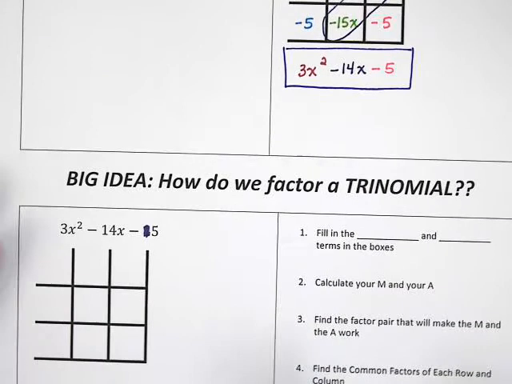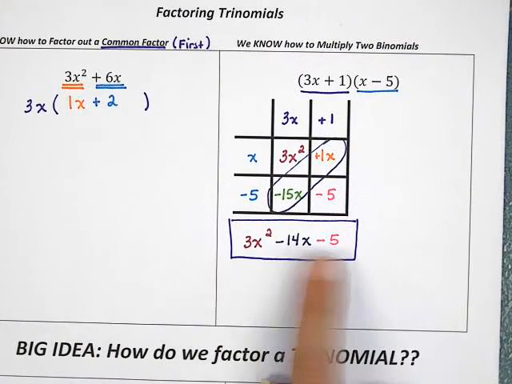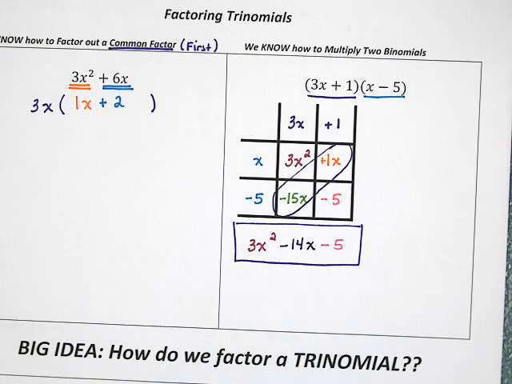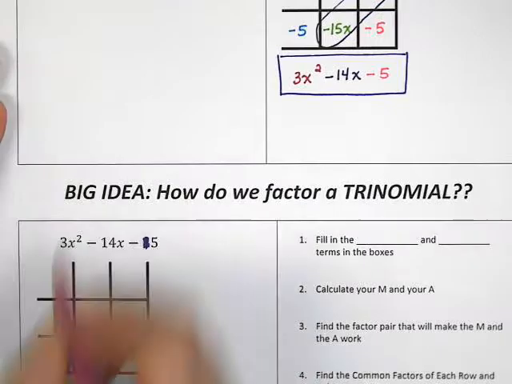So if we take a look at where this answer came from, the 3x squared and the minus 5 were already in the chart. I didn't change them. I didn't combine anything. I just copied them down directly out of the chart. If I'm trying to go backwards, I'm going to copy them down directly back into the chart in the same spots. So this